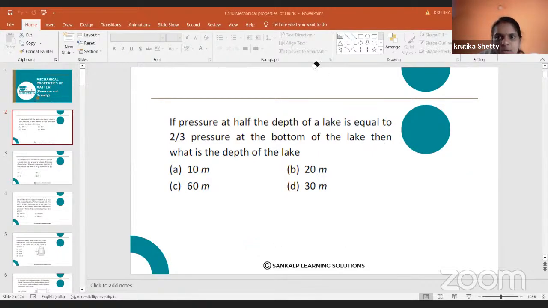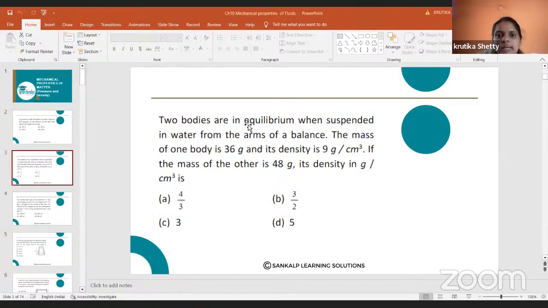Yes, the next question is, two bodies are in equilibrium when suspended in water. So two bodies A and B, you suspend them in water from the arms of a balance. That means there is a balance. So if you consider this as a balance, from this balance you are suspending two masses